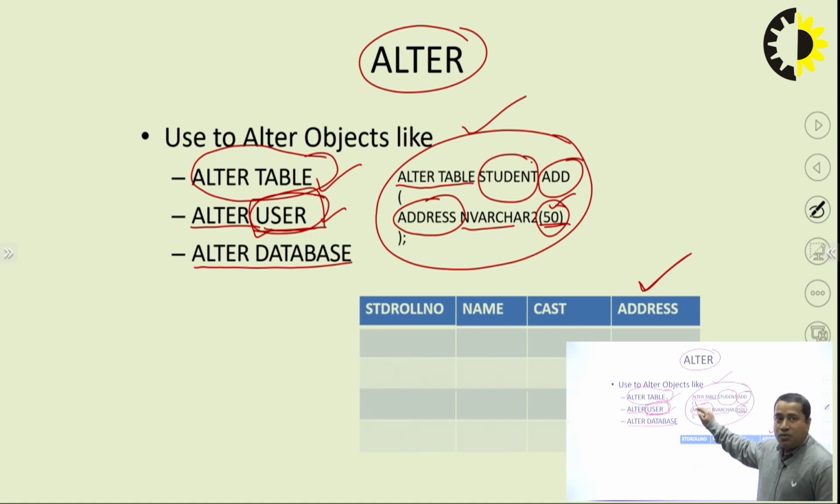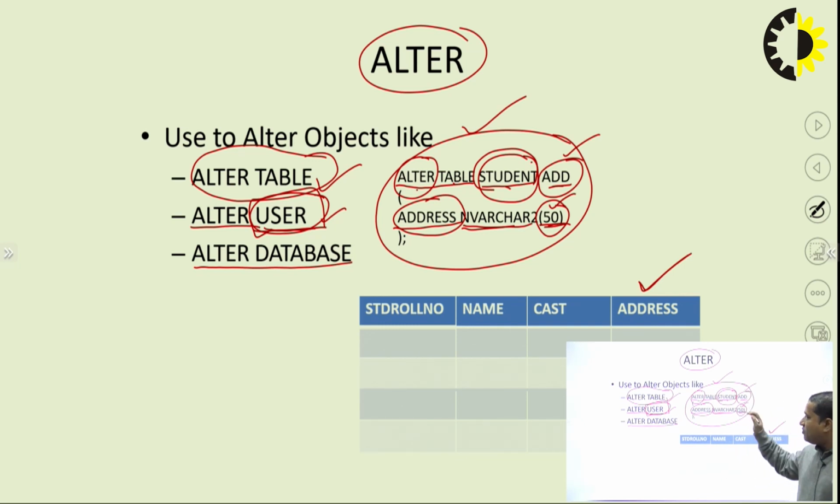Then we have to apply the alter command using this alter table, and this command is working on this table. So alter table, table name student, add is basically used for adding a new attribute or field in this relation, and this field name is address and its data type is nvarchar2 having its size of 50, okay. So here we can see after running this command, we will get our schema redefined with one added field as